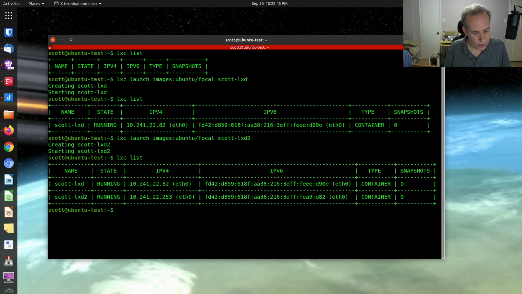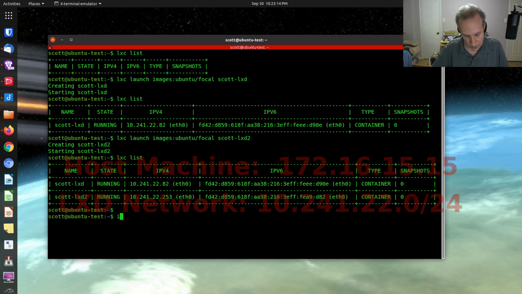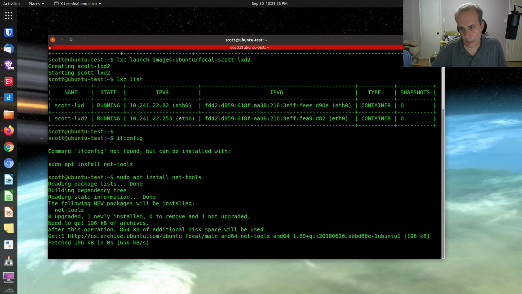If you recall, the address of my Ubuntu-test machine that I'm running on here is 172.16.15.15, and so it's using the container network to put these containers on, which is 10.241.22. And in fact, if we do an ifconfig, okay, well, if we install ifconfig, sudo apt install net-tools, you'll be able to see that